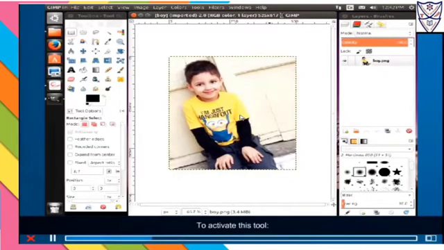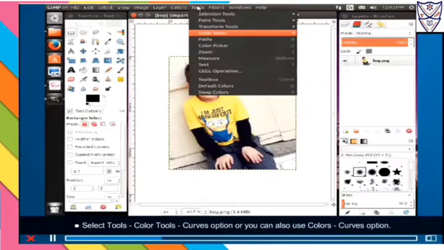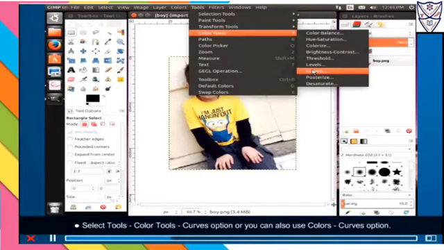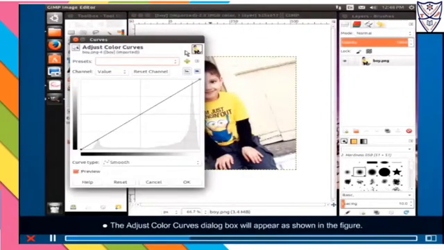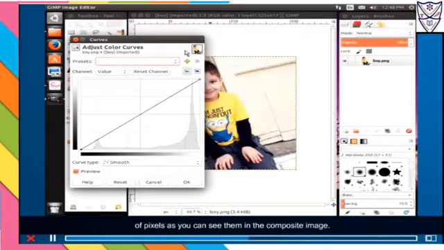To activate this tool, select Tools, Color Tools, Curves option, or you can also use Colors, Curves option. The Adjust Color Curves dialog box will appear as shown in the figure. Choose the channel option as value, which means your curve will represent the brightness of pixels as you can see them in the composite image.